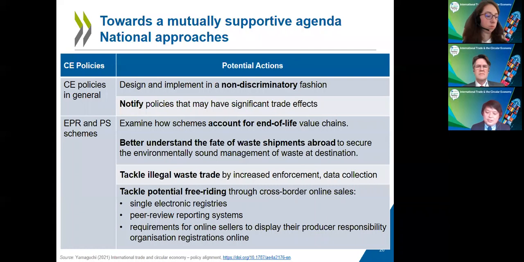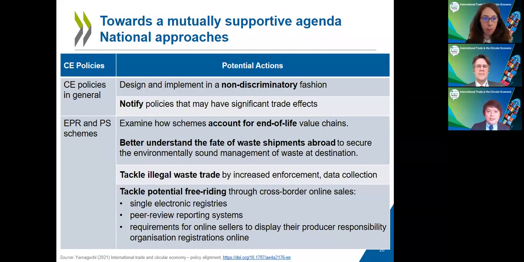And this is because some schemes appear to incentivize waste trade by allowing exporters to claim that waste exports are 100% recycled without accounting for intermediate processing losses. So we really need a better understanding of the waste shipments abroad and to secure the environmentally sound management at destination. There could also be domestic efforts to tackle illegal waste trade and also tackle potential free riding on cross-border